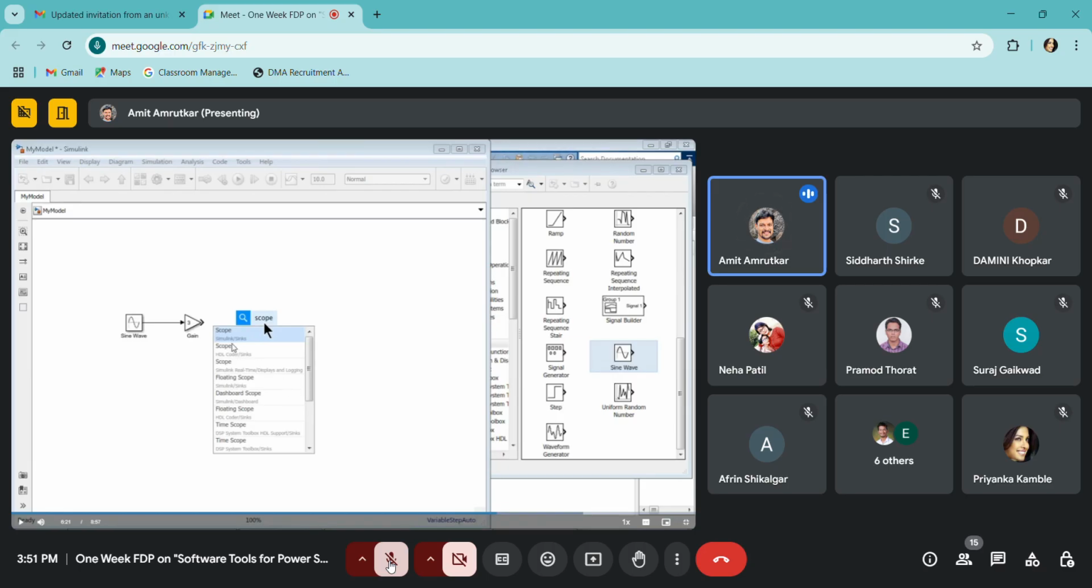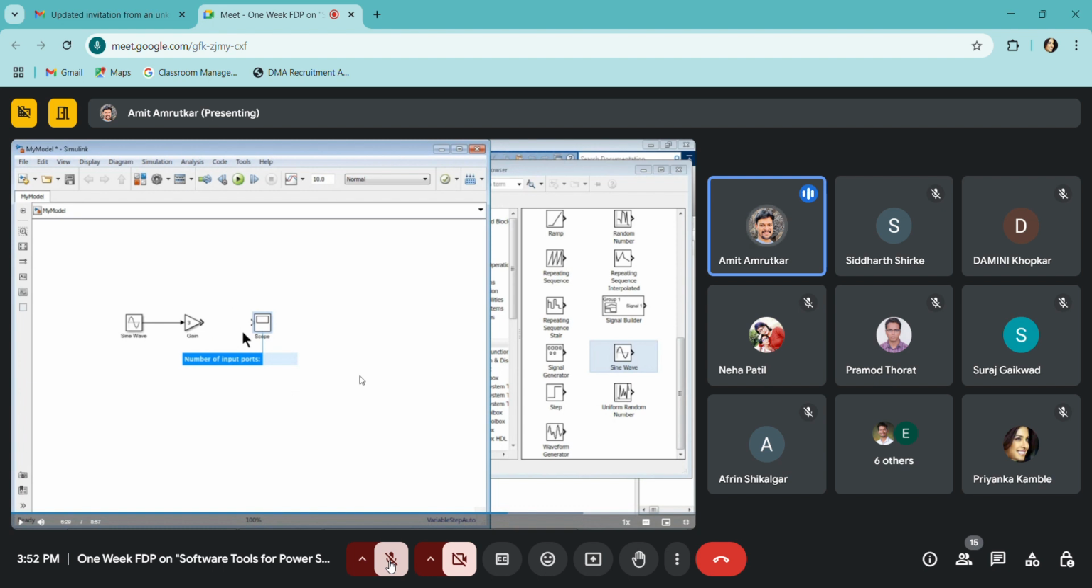Okay, scope. So Simulink, then sinks, HDL coder, sinks. I'm just clicking the scope thing. It will be added to your library and model. Now it will ask you for the number of input ports. So I have two ports, so I'm setting two ports here